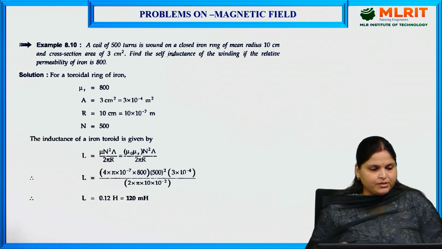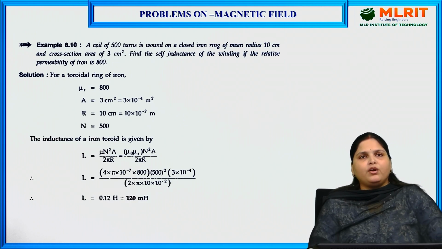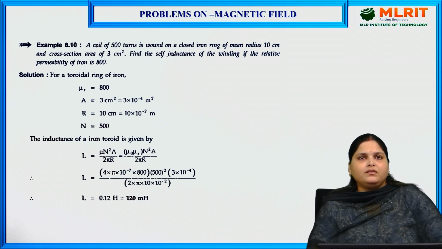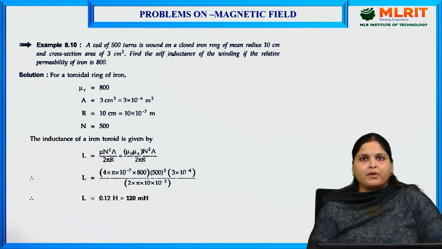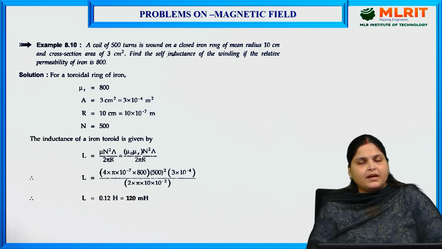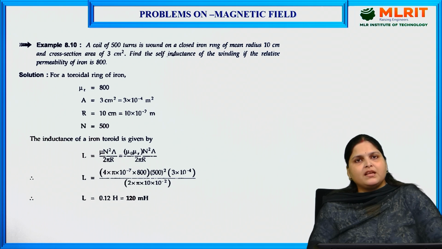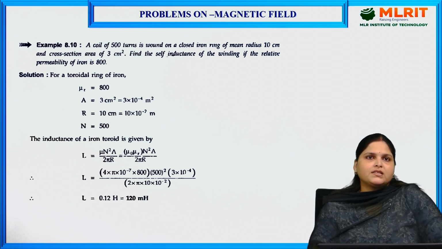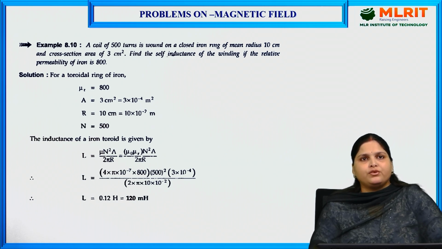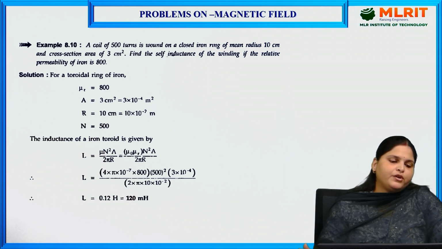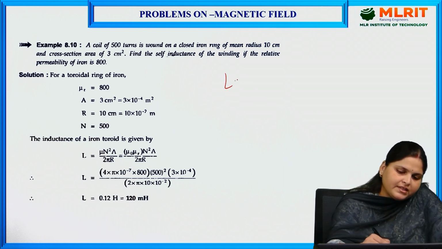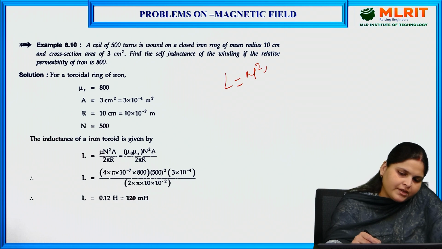Let's take another question. A coil of 500 turns is wound on a closed iron ring of mean radius 10 cm and cross-section area of 3 centimeter square. We have to find the self-inductance of the winding if the relative permeability of iron is 800. So basically this is a question of a toroid. For the toroidal ring, the inductance formula is n square mu A by 2 pi r,